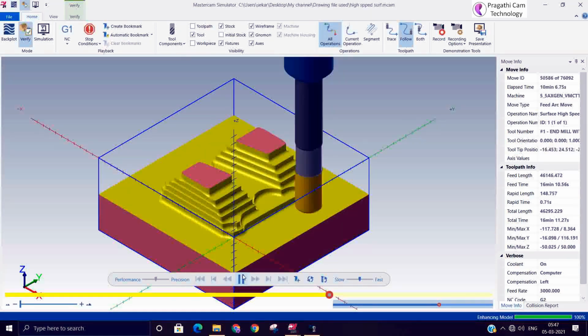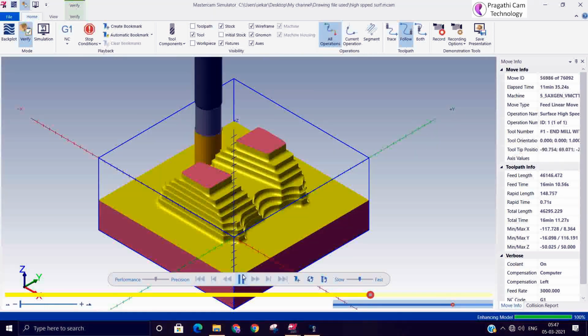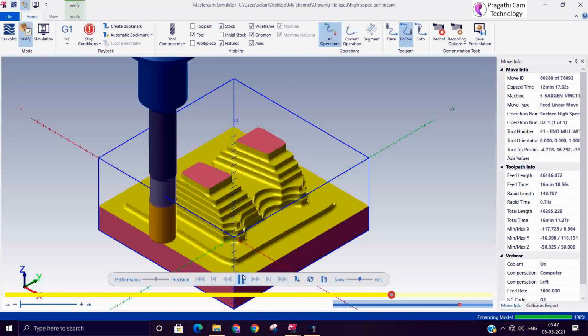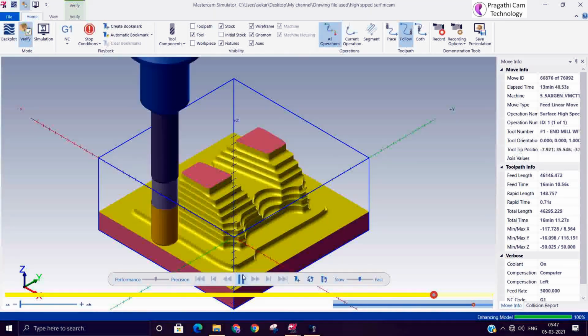Unnecessary material is all removed at a very fast rate. Now we have mentioned it.